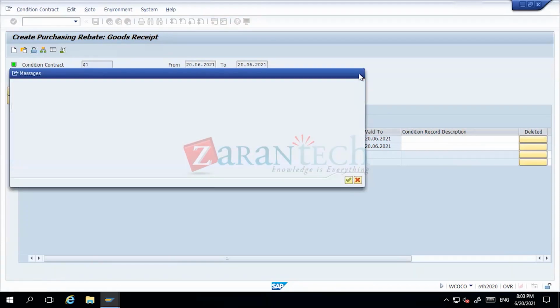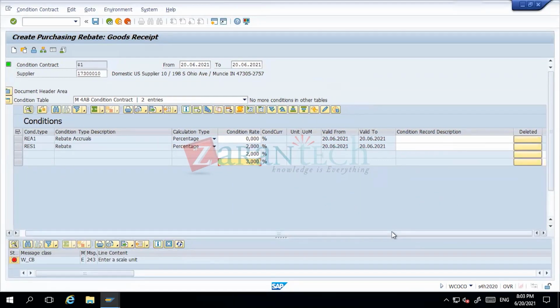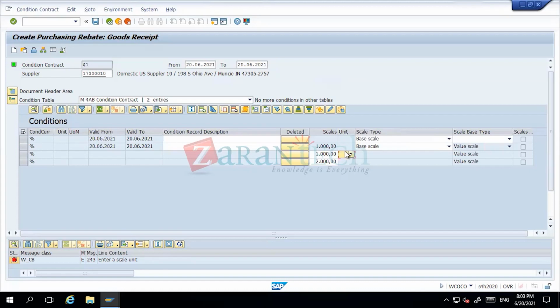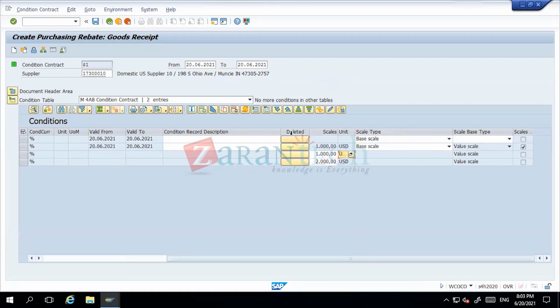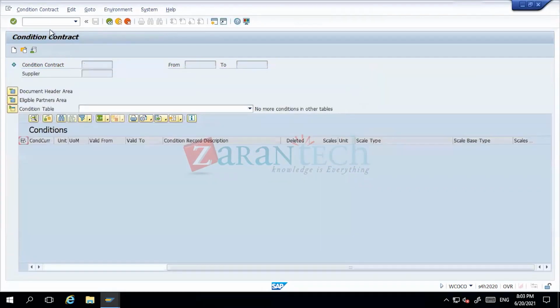What happened? Scale unit. Sorry, I just didn't put the scale unit. Okay, so here USD. I'm going to save this. So I get my condition contract for a purchase. Now I create a purchase order